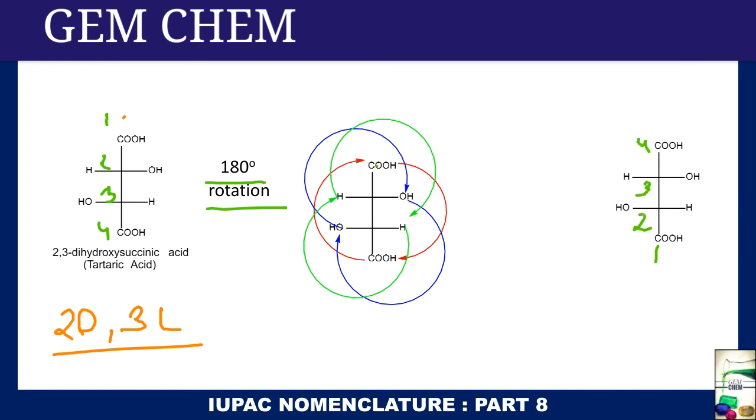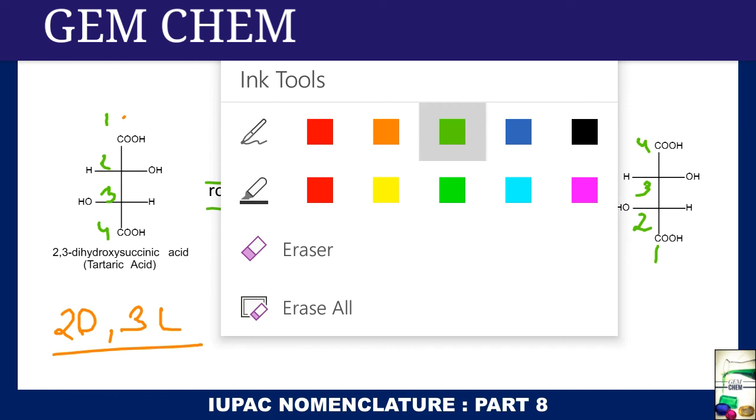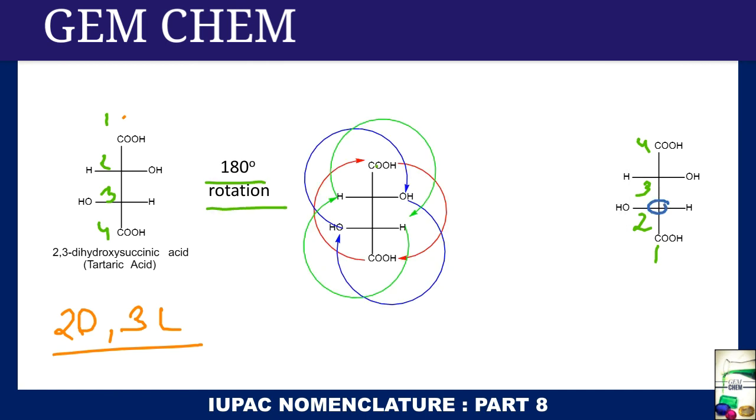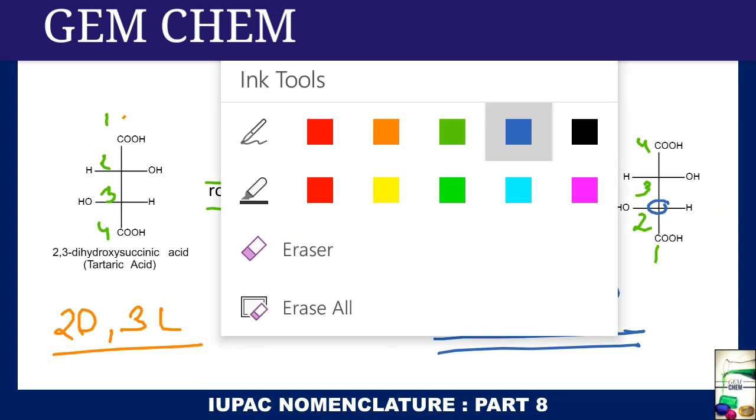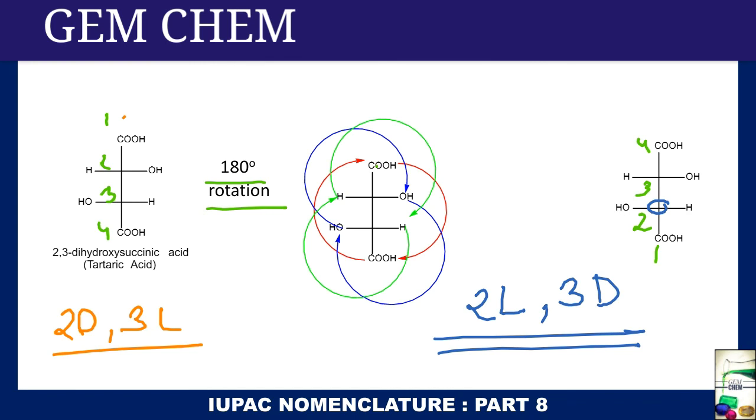And in that case we see that the lowest portion becomes different. That is, the carbon present here is having number 2, but the nomenclature becomes 2L and 3D. So there is a huge controversy with respect to tartaric acid, and this makes the evidence and the foolproof method of this DL much weaker. So this is not used very often, but only for sugars and amino acids.